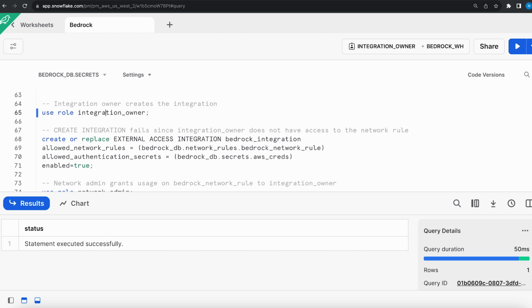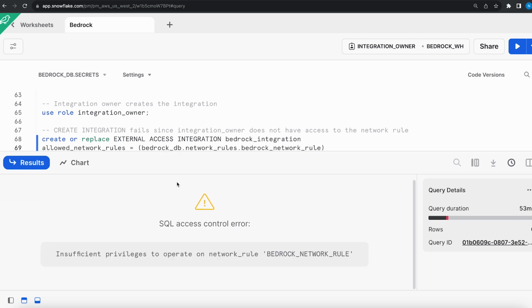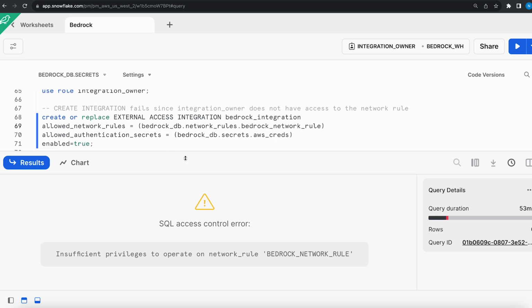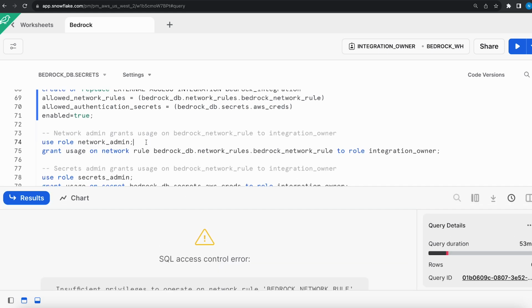If you notice, I have not assigned any privilege to the integration owner on the network rule or the secret that I just created. So let's see what happens. If you see, I get an error about not having access to the network rule. So I'm going to assume the network admin role and grant usage on the network rule I just created to